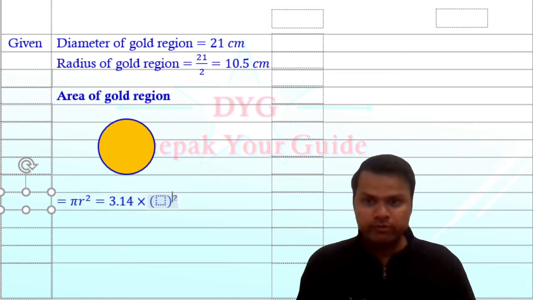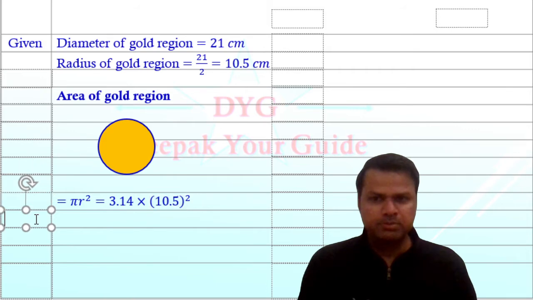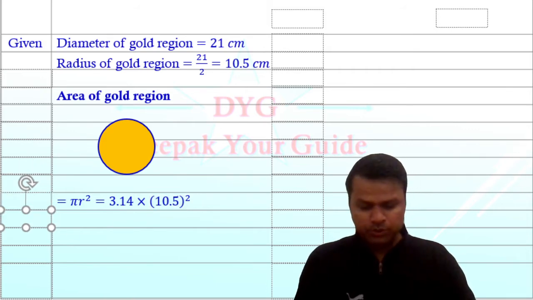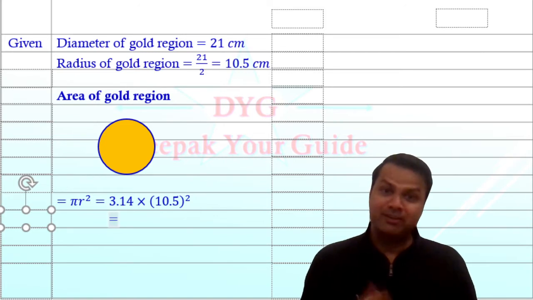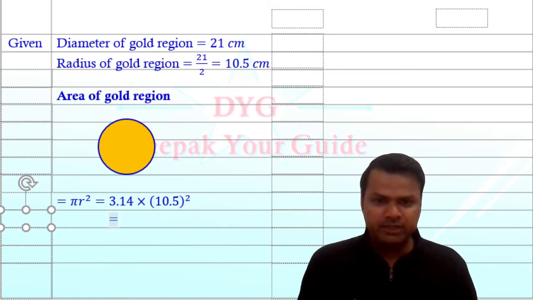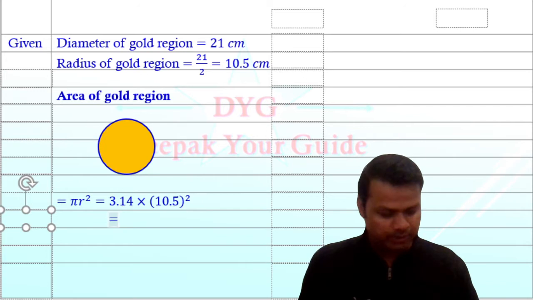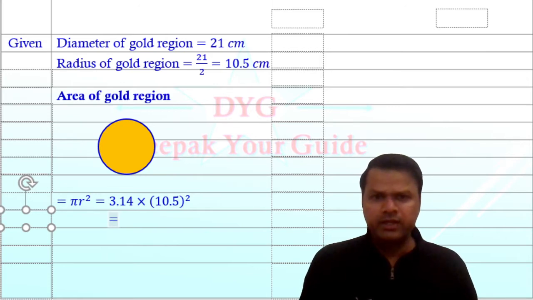So what is the value of r? The value of r is 10.5. So now this is simple multiplication. I'm assuming that you know how to multiply. If not, then please practice that. You can use the calculator here. So let's see, it's 3.14 times 10.5 times 10.5. And this gives us